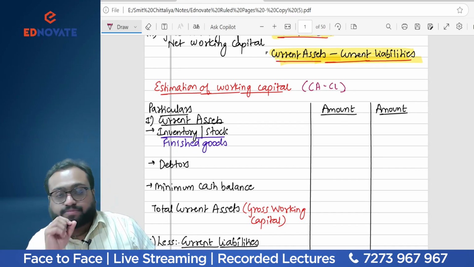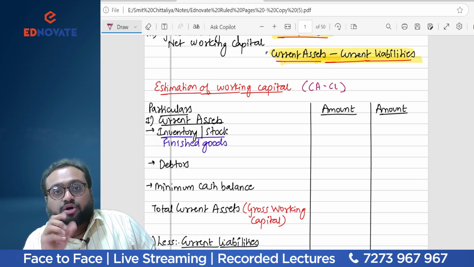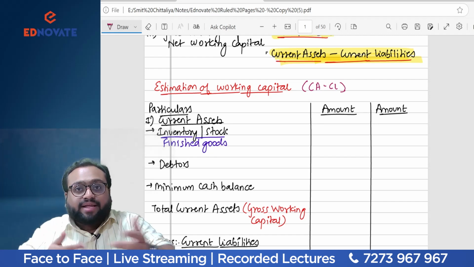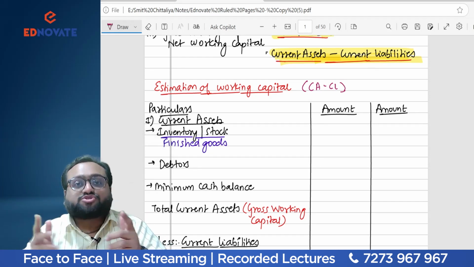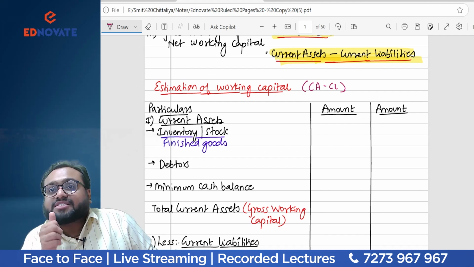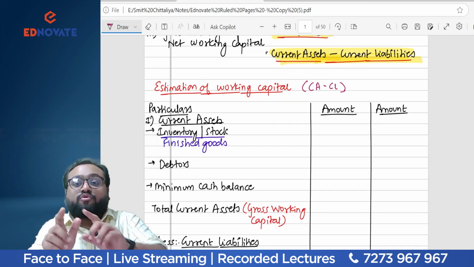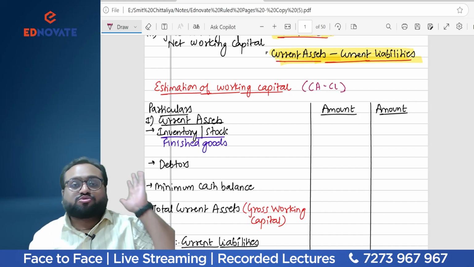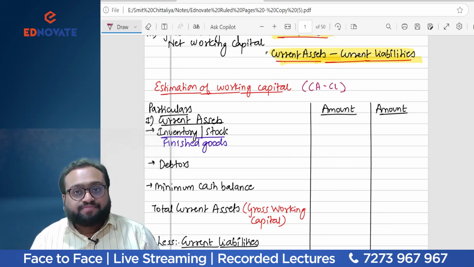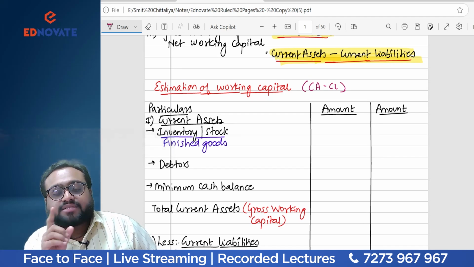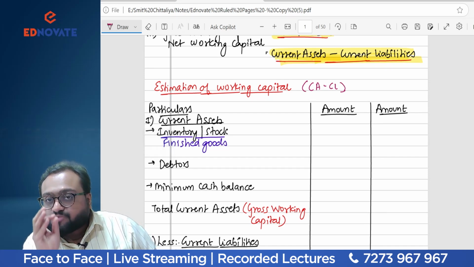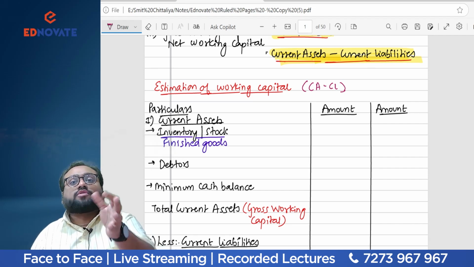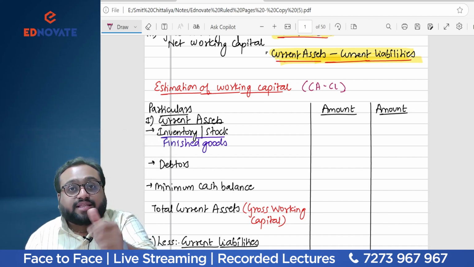In stock also, normally stock is of 3 things: raw material, finished goods, and WIP. Since this is a trader company, it is trading goods. It is not involved in manufacturing. We read in the first paragraph, this is a trader. So since it is a trader, they won't have the stock of raw material, they won't have the stock of WIP, they will only have the stock of finished goods. So this is the power of reading the question. When I read the first paragraph, I understood very clearly it is a trading company. So 1 item will come in your current assets, that is the stock of finished goods.